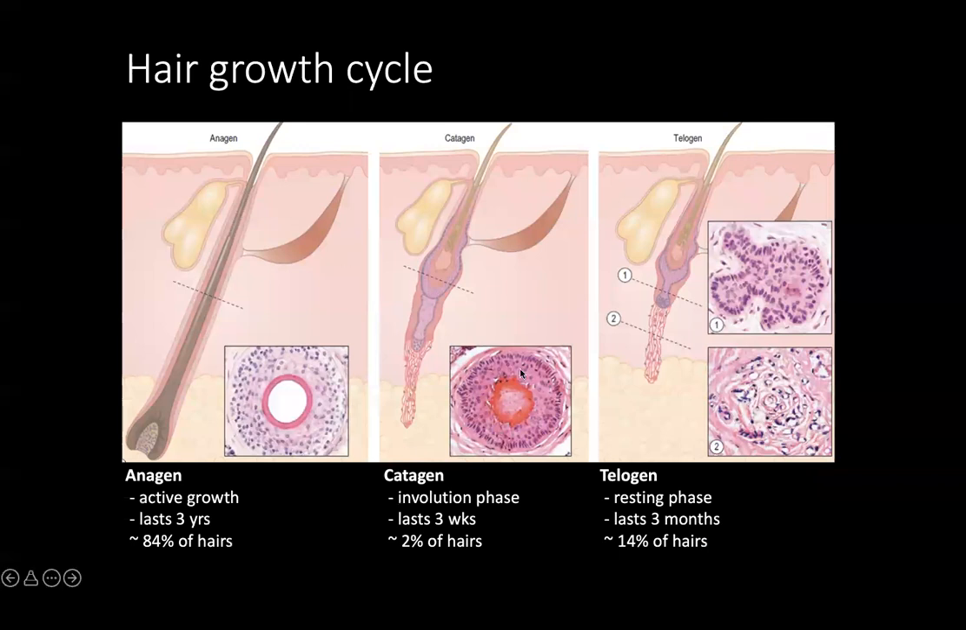Just another overview of the hair growth cycle. We have our three major hair follicle cycles: anagen, catagen, and telogen. As I said, the anagen represents the active growth cycle. If you did a cross section of an anagen hair follicle, you'll see abundant clear cells that are making up